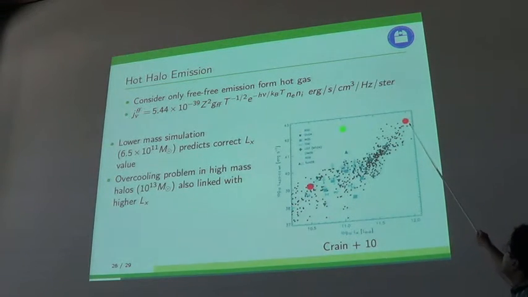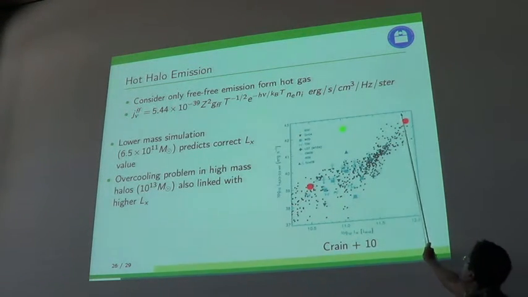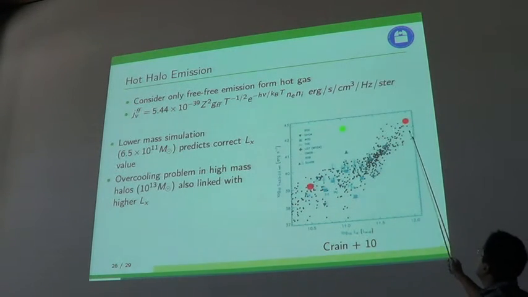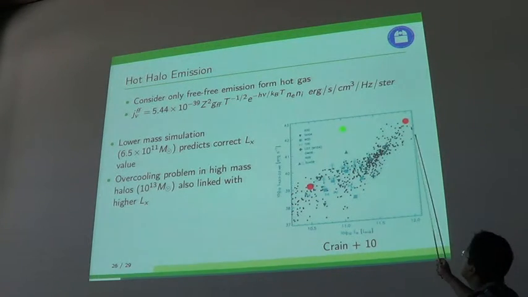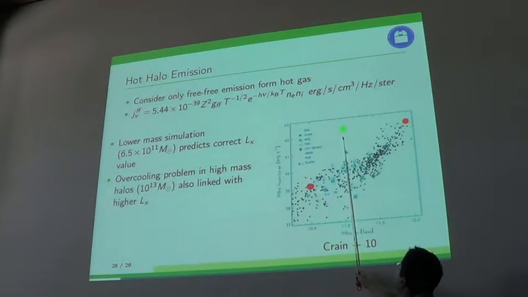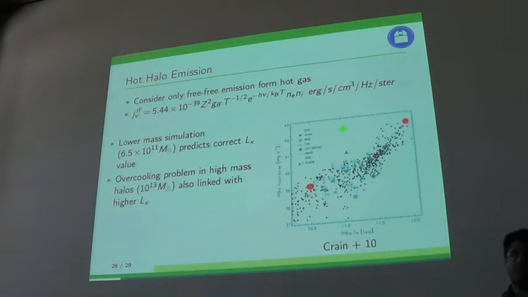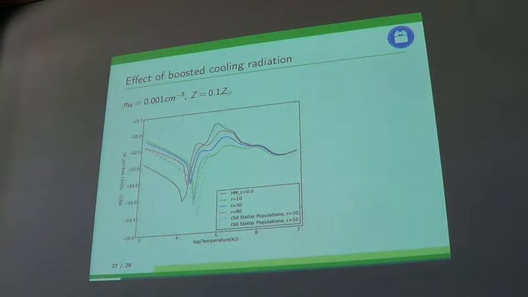And then for the high mass galaxy, we are here, which is also okay, but the point to make here is we are overcooling. So for a 10^13 solar mass halo, you expect a 10^11 stellar mass. So actually we are here, so we are overestimating the X-ray luminosity. It might be just that we are overcooling and we have a lot of hot gas there. It might have something to do with quenching as well. But if you do take this X-ray luminosity and just the free-free emission spectra, then this is what you get